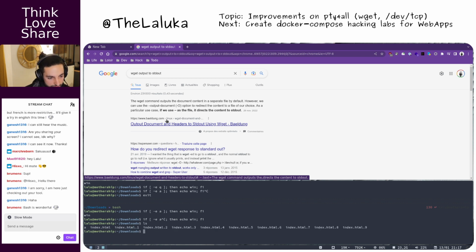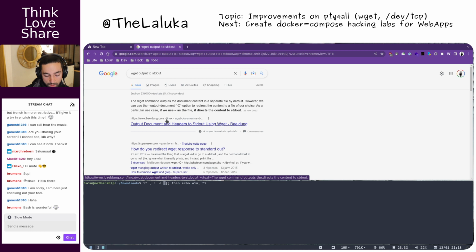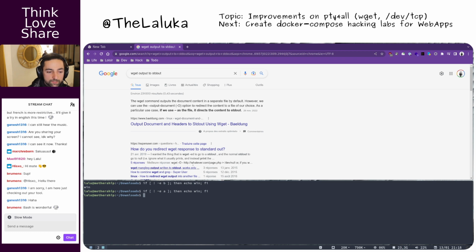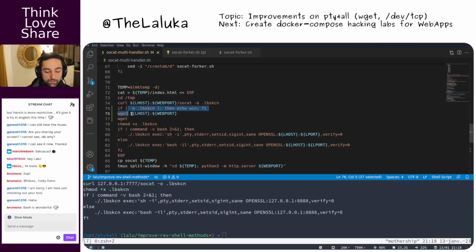So what I want is that if not exists E, and if not exists A, all right. So that's the syntax I want to have. If there is no file,